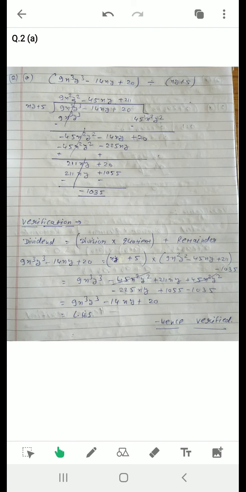So what we have done, what we need to do: first of all, divide the dividend by the divisor, then multiply the quotient by the complete divisor. That is the case of monomial multiplied by polynomial, and then we need to subtract. And now we need to repeat the process. Again, this first term will be divided by the first term. This 45x square y square divided by xy, I will get 45xy. Then we will multiply, write, and carry on.